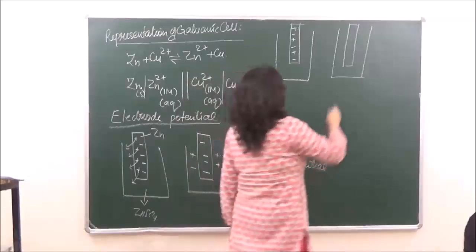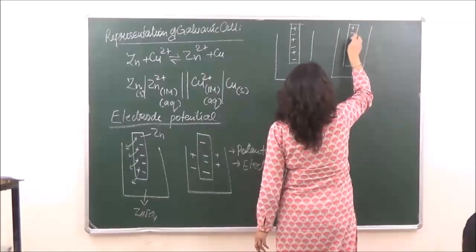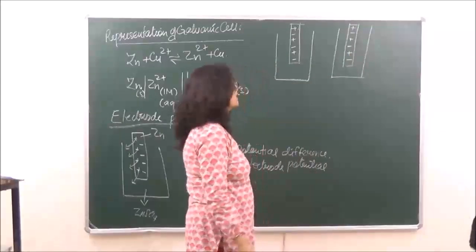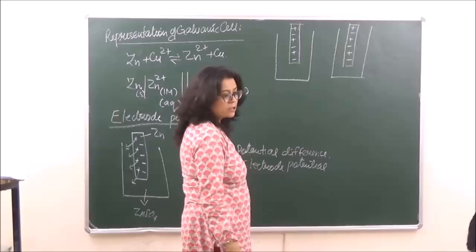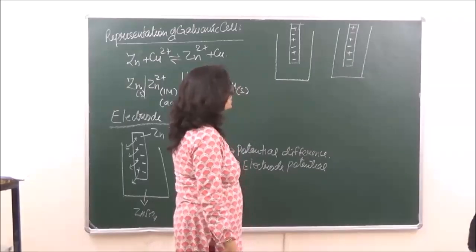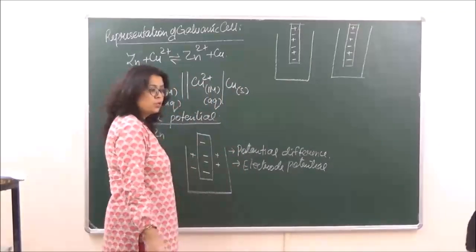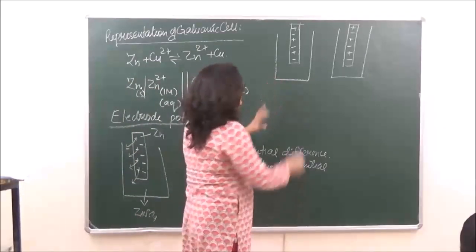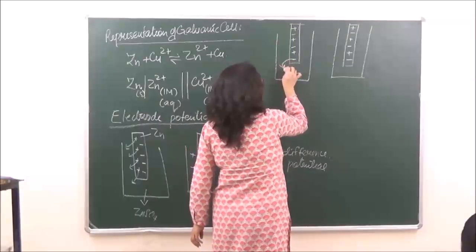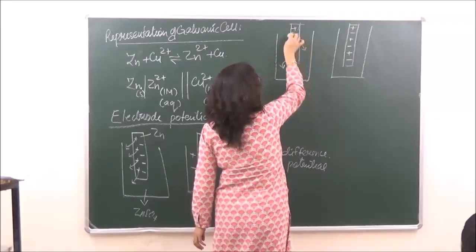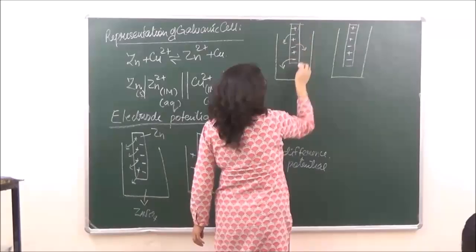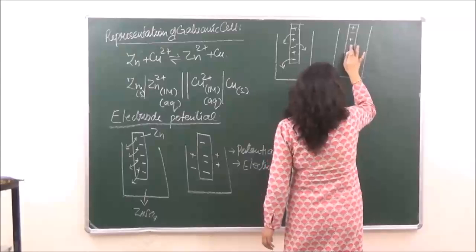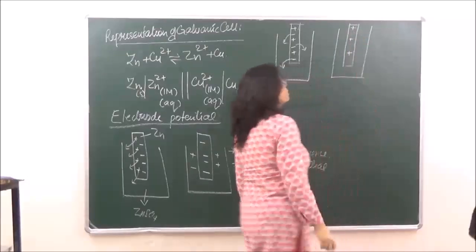Right? Similarly over here, it has both positive and negative charges. Now Cu2+ is gaining electrons, as a result of which it gets converted into Cu. So Cu2+ present inside the solution is gaining electrons, meaning the electrons are being attracted by the solution over here, as a result of which only positive charge will be left in the solution.